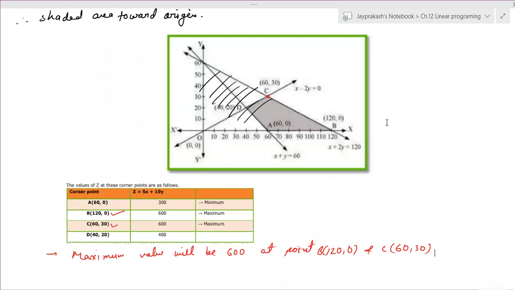So this is the first exercise of linear programming, where you have to find the feasible area first, and then we will find the maximum value, at which point we are getting the maximum, and the minimum value. So for finding the maximum and minimum value, first we have to find the corner points that are the boundary of the shaded area. So in examination, this question will be asked as a 5 marks question, and one question is compulsory from this chapter, as the pattern changes.